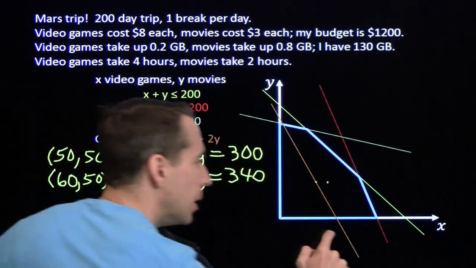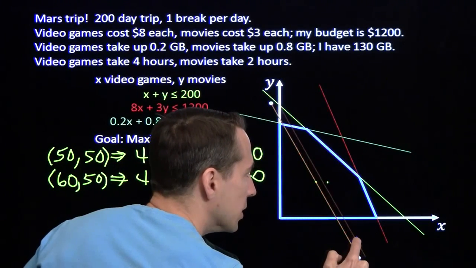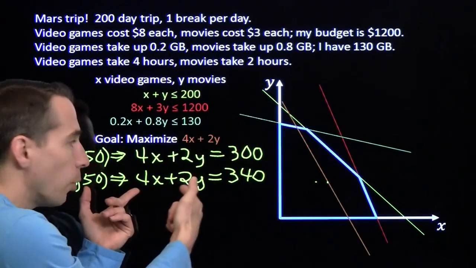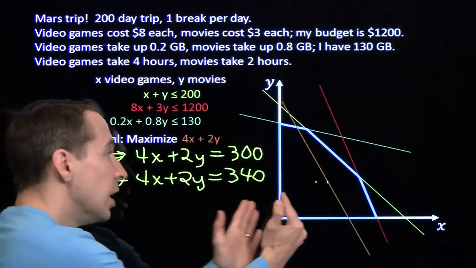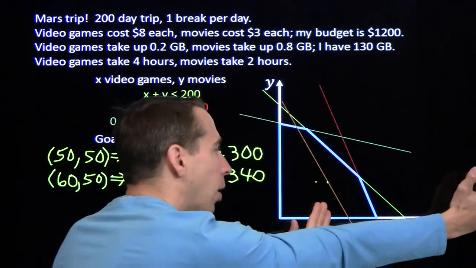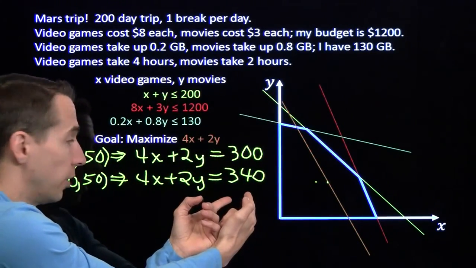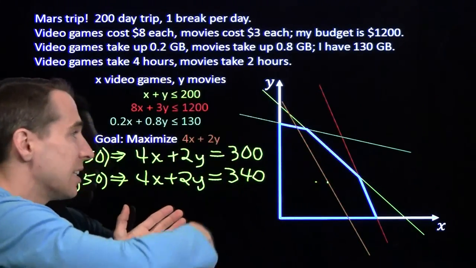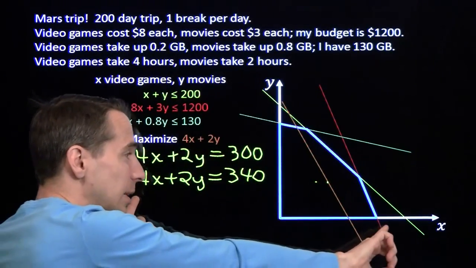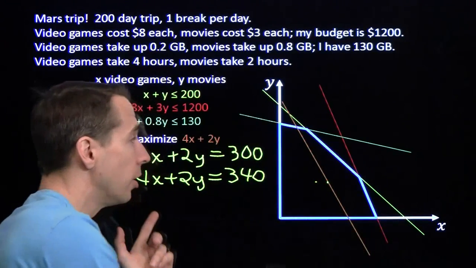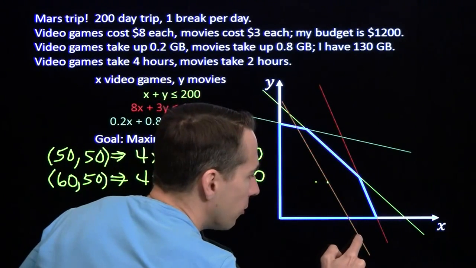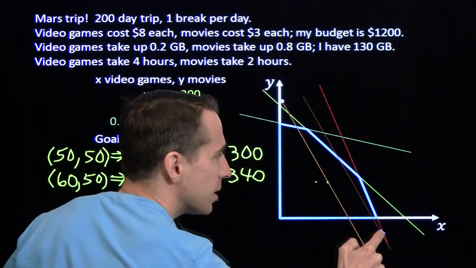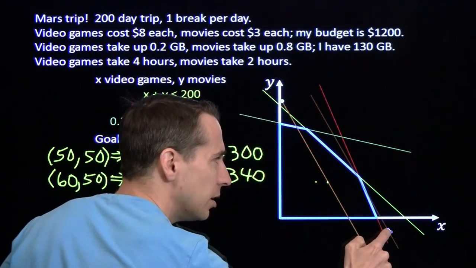And check this out. This one's just what we get when we slide this line out just a little bit. That brings us to the line 4x plus 2y equals 340. So as we're sliding the line outward, we're increasing this number over here. That's all we're doing. So all these lines, 4x plus 2y equals something, as the something gets higher and higher and higher, that's the same thing as moving this line out farther and farther. So what we're looking for here is the line. I want this line to go out as far as it possibly can, but it still has to intersect something in the blue region.